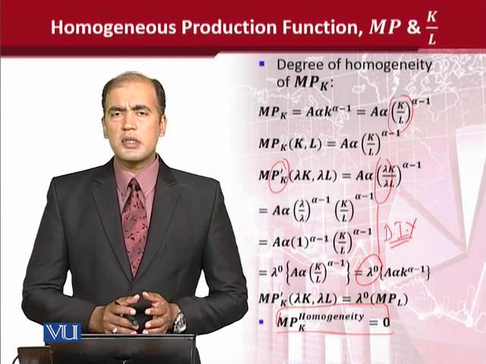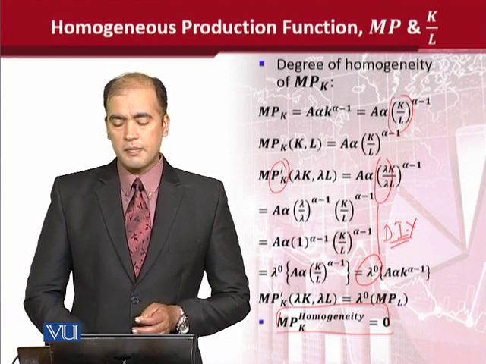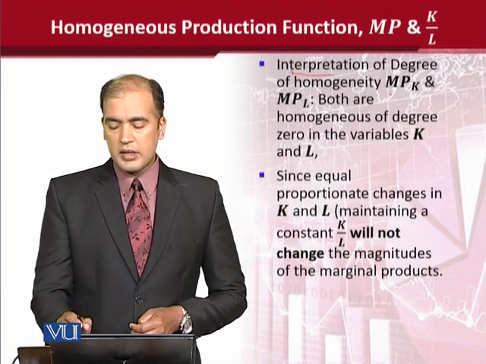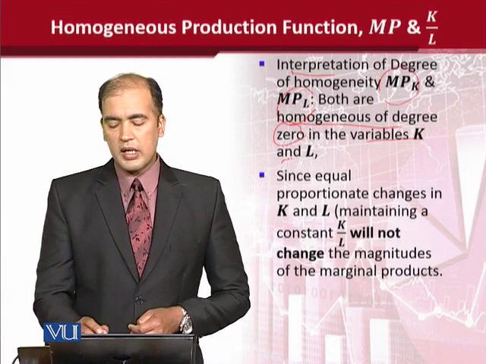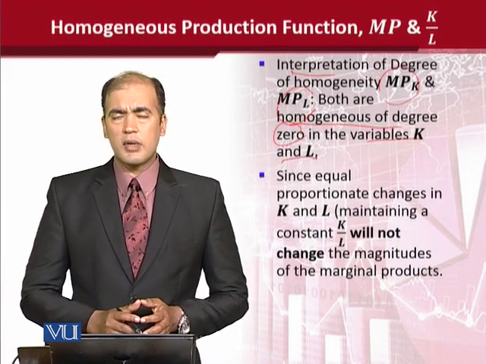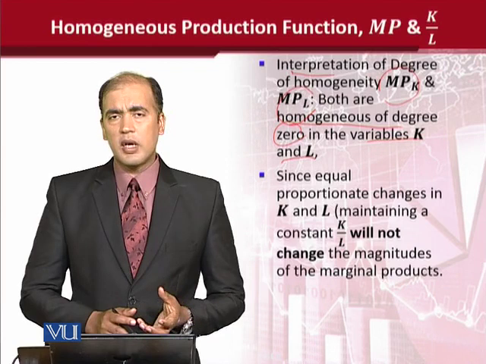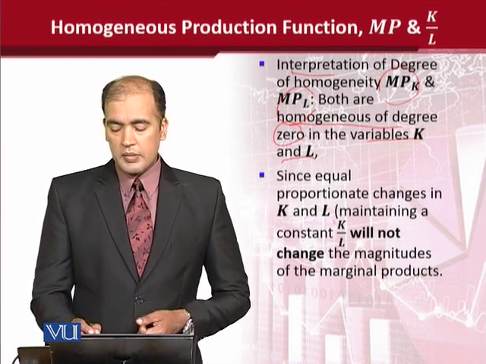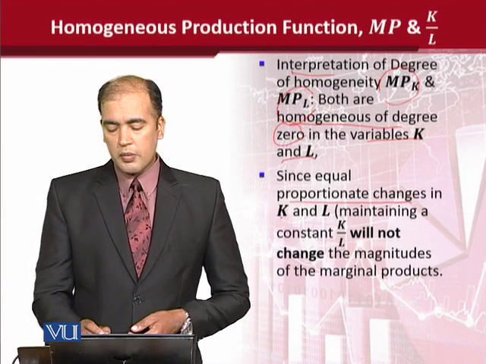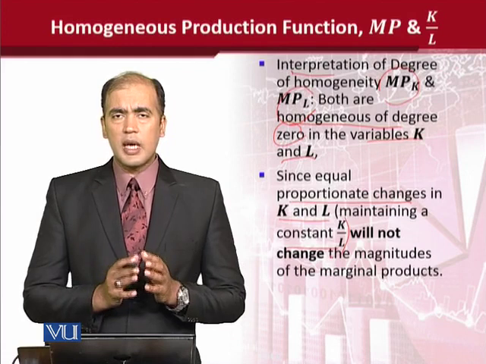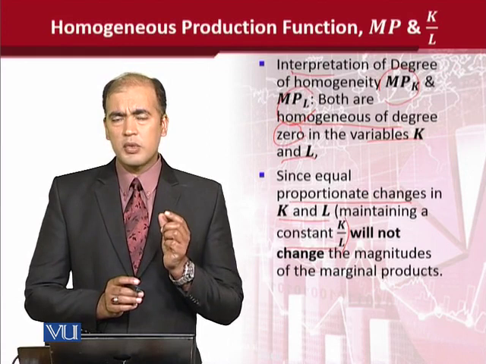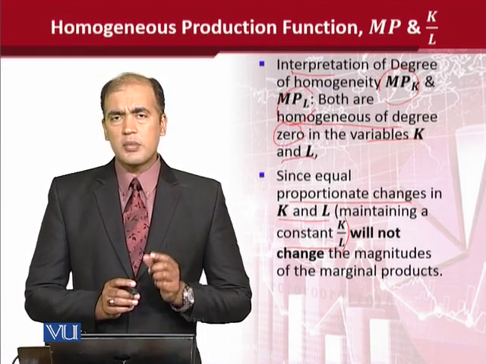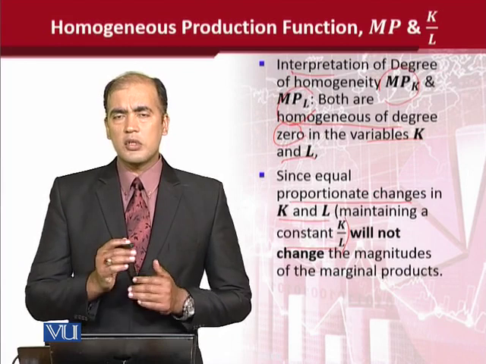So now we should come towards the interpretation of it and see what it means. Interpretation is that both of them are homogeneous of degree 0 in variables k and l, because we introduced lambda in k and l only, and the power of the lambda was 0. Now in other words we can say that proportionate changes in capital and labor will keep the ratio of the capital to labor constant, because in whatever proportion we changed capital, in the same proportion we changed labor, so their ratio